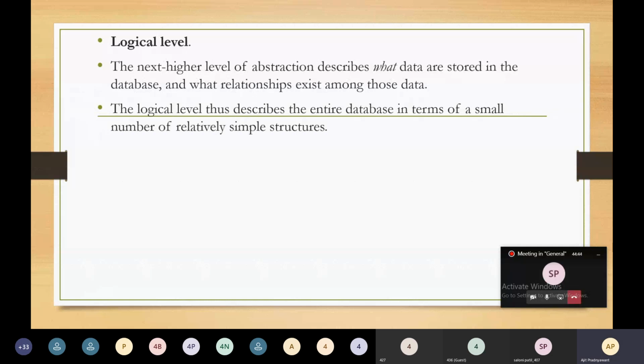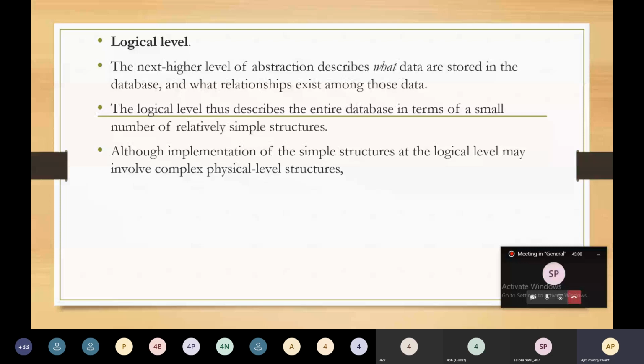The logical level describes the entire database in terms of a small number of relatively simple structures. Although implementation of simple structures at the logical level may involve complex physical level structures as well.